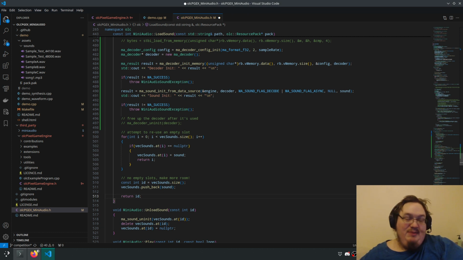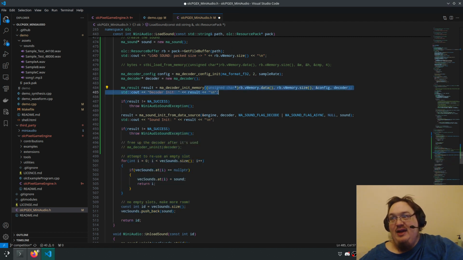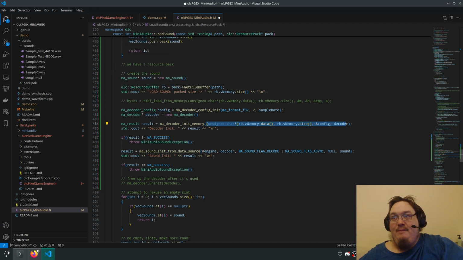Now what I suspect is happening is that when it's going out of the scope of the function, the data that we're using that this is all pointing to is being invalidated by our RAII, because this is on the stack, not the heap, and I don't know how the hell to put this on the heap.